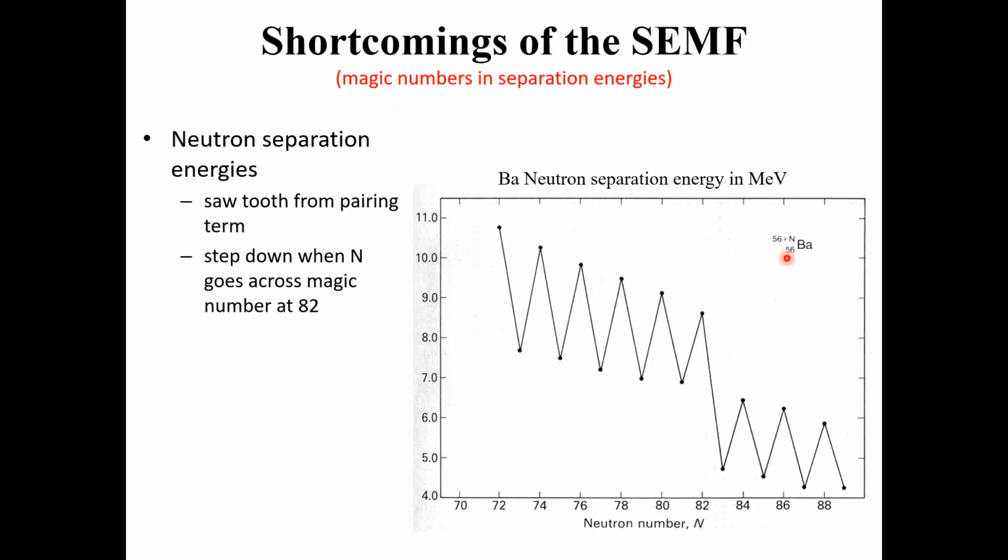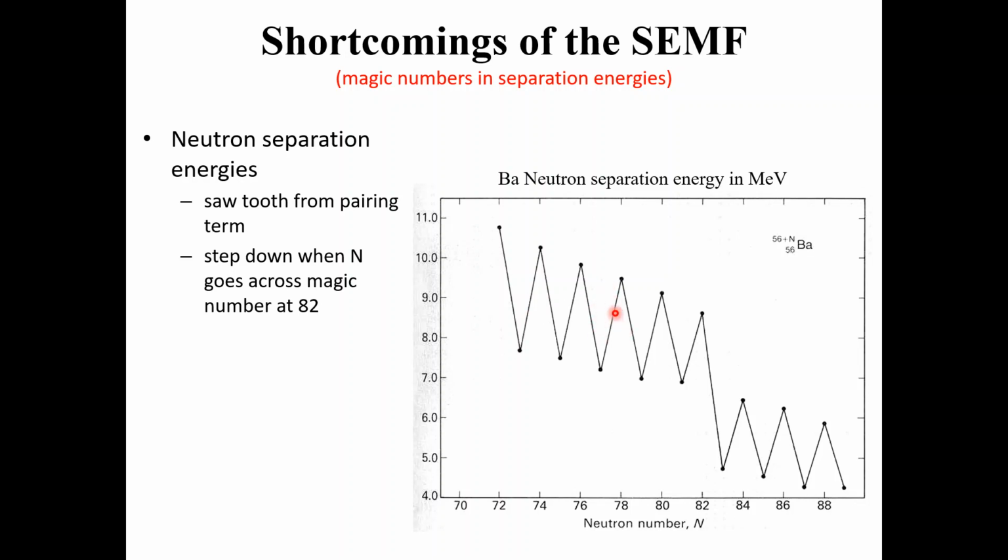We took the example of the smaller atomic mass number and the bigger atomic mass number, and discussed how they come toward stability. So by considering the barium neutron separation energy in mega electron volts, it can easily be observed from this diagram that